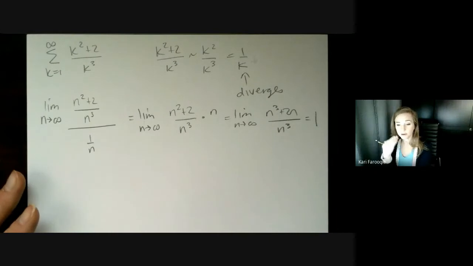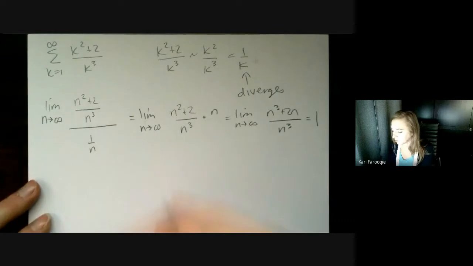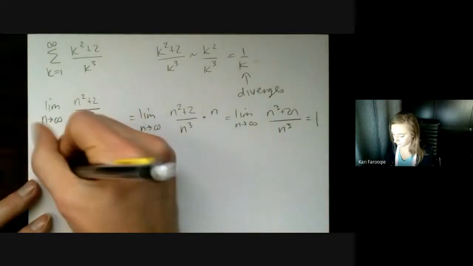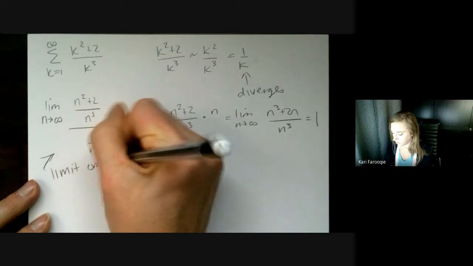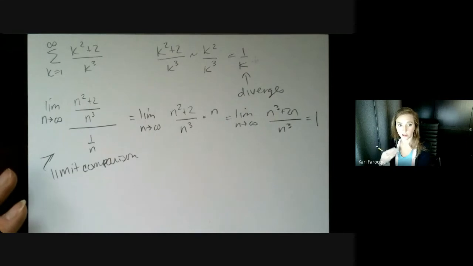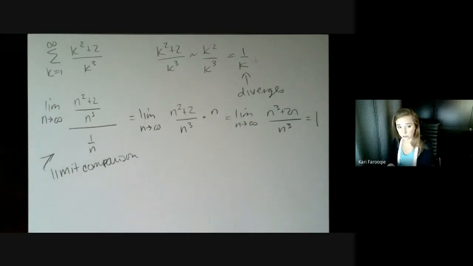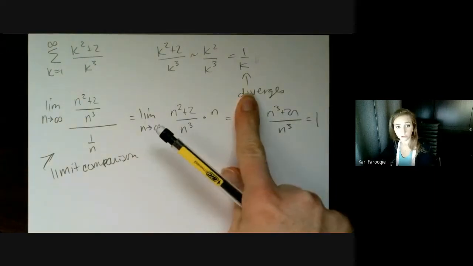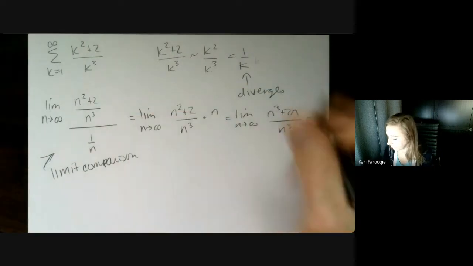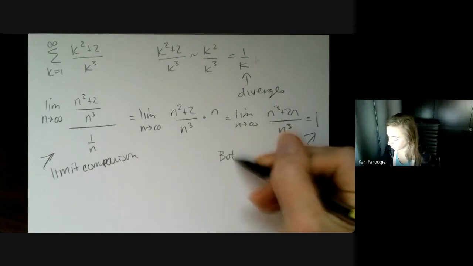Here's where you have to remember now, you've learned a lot of tests and you need to remember what each test says. The limit comparison test says that if you take the limit of the ratio of your test and your comparison test, if the limit is positive and finite, then both series either converge or diverge, depending on what your comparison series did. So since our harmonic series that we compare to diverges, we would say our limit is positive and finite, hence both series